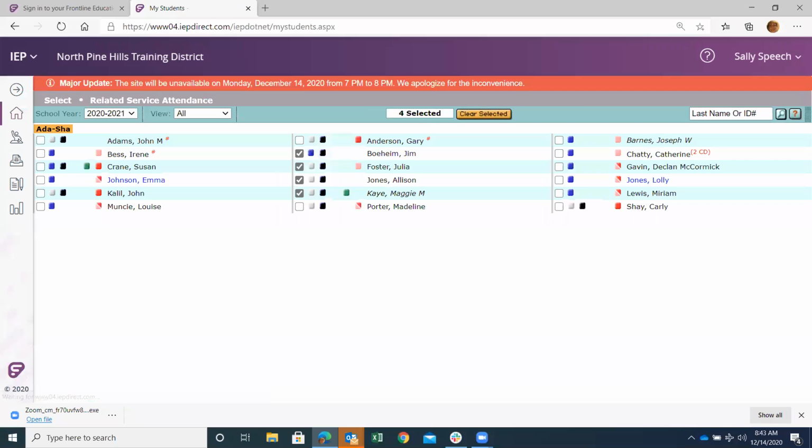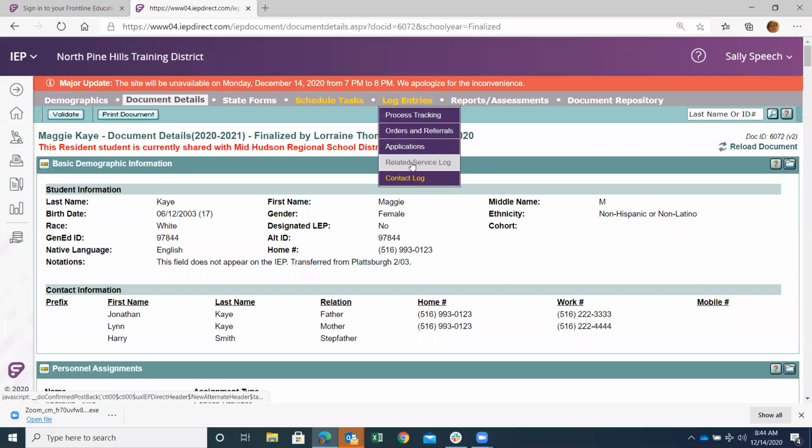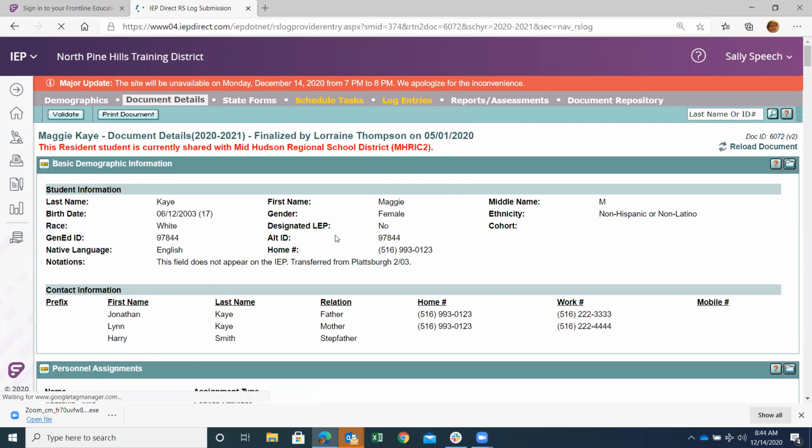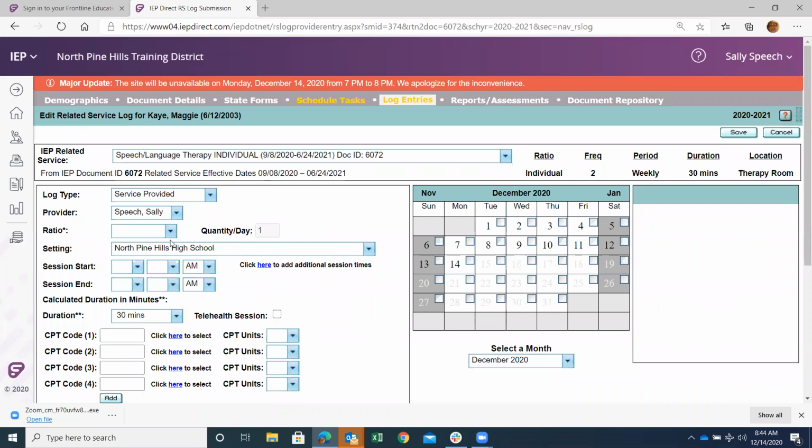All right, any other questions about the RS log? I do want to do a little bit of an experiment here with multiple times in the same day. This was newly added, because the state has given some mandate relief during the pandemic: if you can only work with a student, say 15 minutes in the morning and 15 minutes in the afternoon, those 2 sessions together will count as a full session. So you can add, let's do speech therapy individual, and we provided the one-on-one, and the first